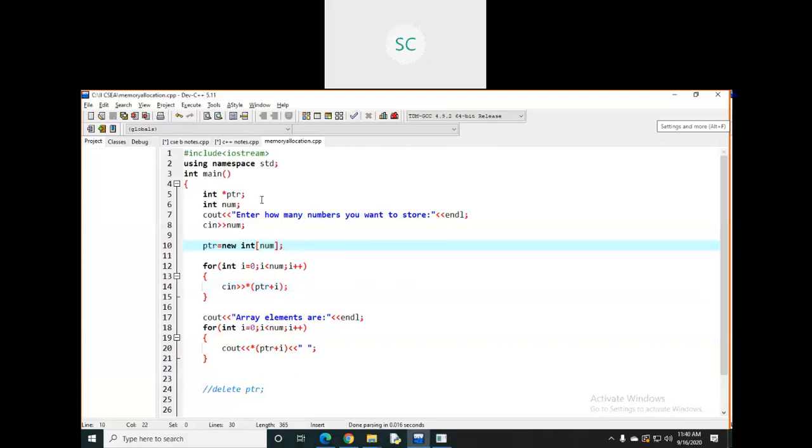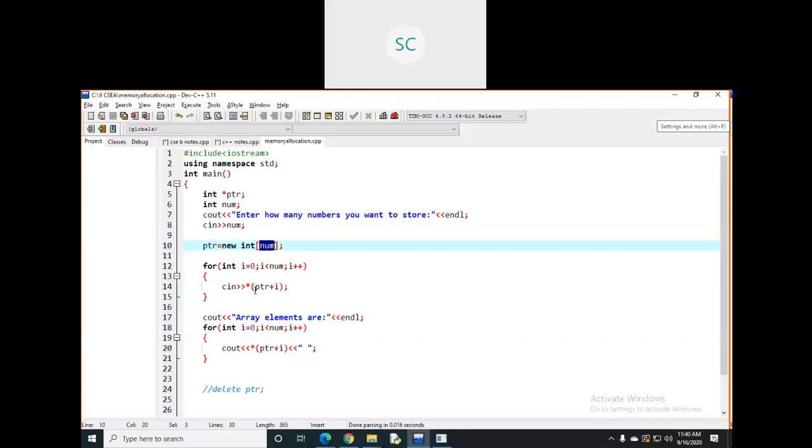Here you are using the pointers concept, don't get confused. Instead of taking the values here, you are taking the pointer. By using the new keyword, you are specifying how much memory you are allocating. If it is a single variable, just take int only. If it is an array, just mention that size. This size you are taking dynamically. The user enters some number, and that number is taken in here. In that way, some memory is going to be allocated dynamically. Within that memory, you can store some values.